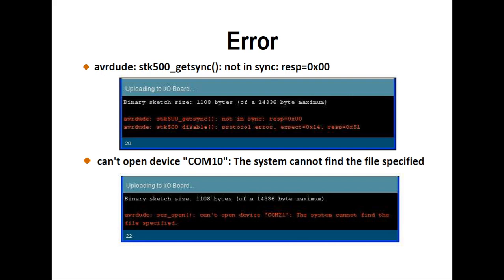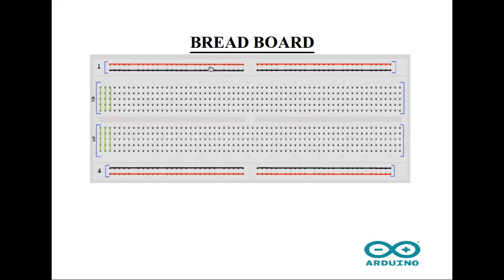And on the horizontal top and bottom sides of your breadboard we have the plates in a horizontal manner. Using this horizontal line we can give a maximum of 25 nodes of connection. For your ground connection and your power supply connection we may use these power rails. We may use the top one as a power rail and the bottom one as a ground rail, so they may be represented in two different colors, red and black.